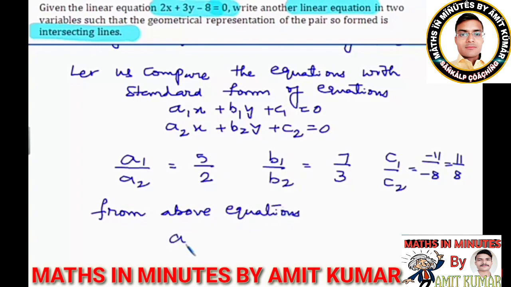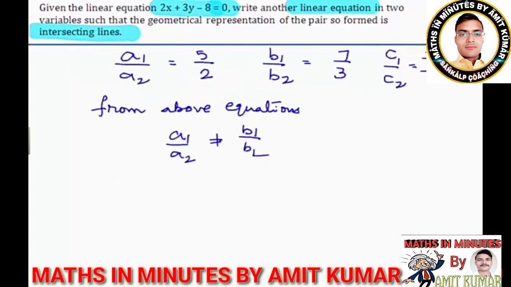that a1 upon a2 is not equal to b1 upon b2. यहाँ आपको क्या करना है कि आप अपनी इच्छा से भी क्या कर सकते हैं, ऐसी कंडीशन लिख सकते हैं जो a1 अपॉन a2 और b1 अपॉन b2 के इक्वल नहीं हो, जिससे कि इंटरसेक्टिंग लाइंस बन सके। ठीक है, सो दे आर इंटरसेक्टिंग लाइंस।